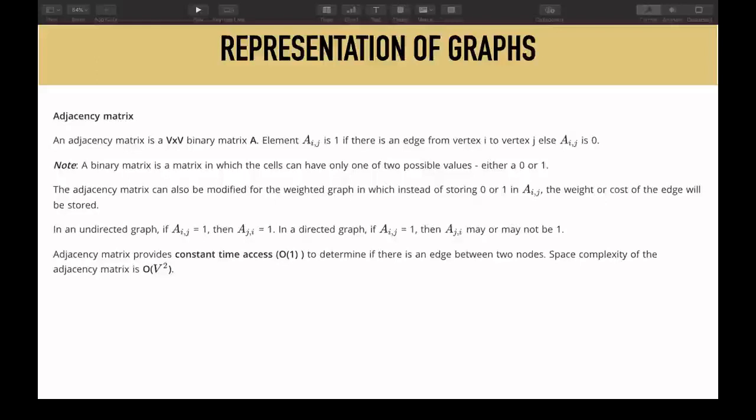So though we can determine if there is an edge between two nodes in constant time, the space complexity takes a big hit. That's why this is not that popular, because of the space constraint.